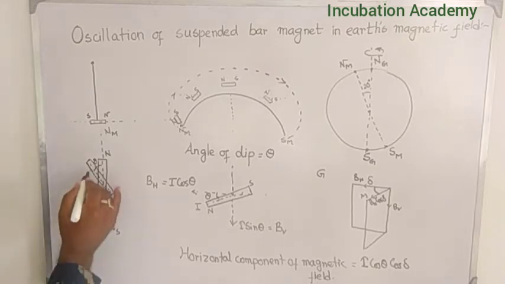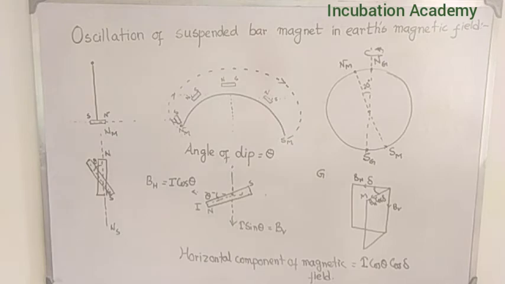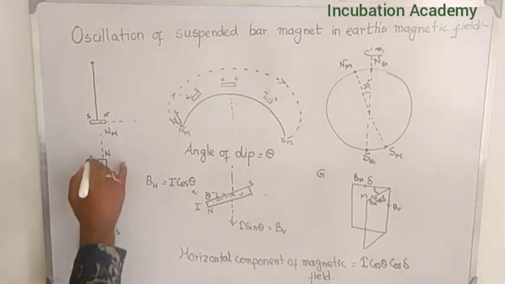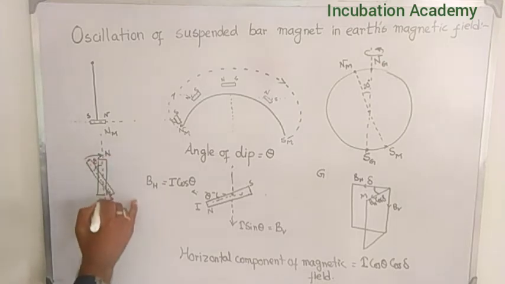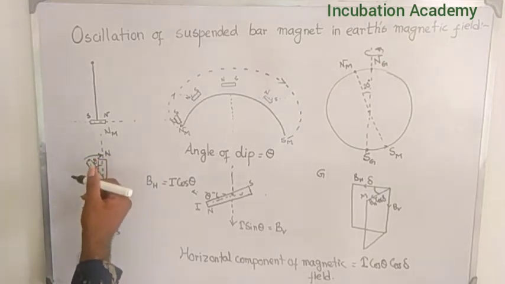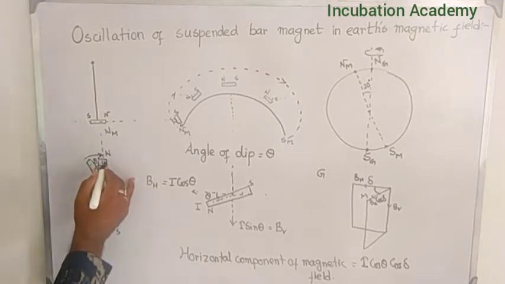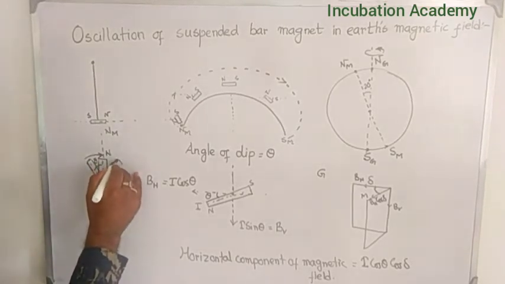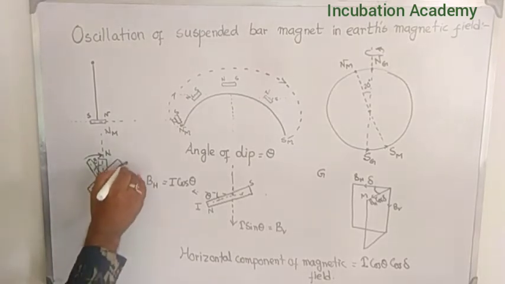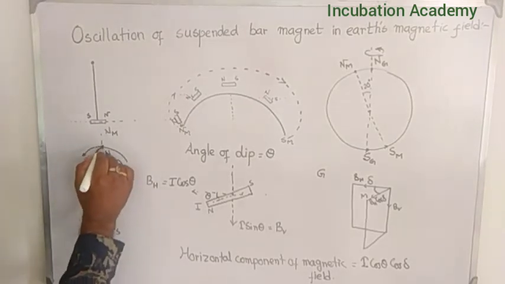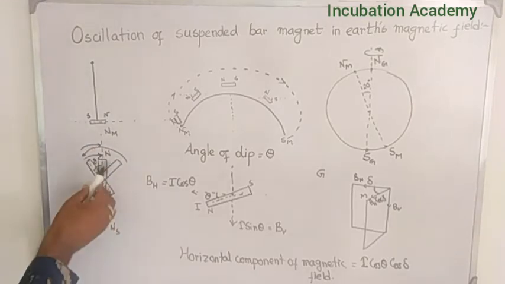But is it the equilibrium rest position if the external influence is removed? Obviously not. Then it will try to come to equilibrium, or follow the magnetic direction of the magnetic meridian, but due to inertia it cannot stop there, it will move in that direction. Okay. Then again it tries to come back. So oscillations will be performed by this magnet like this.